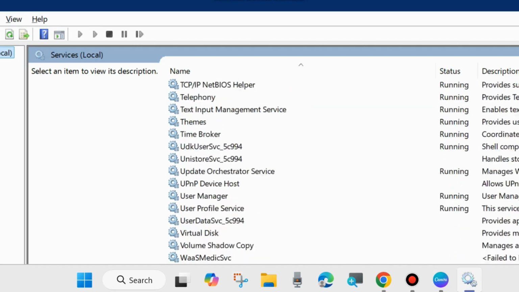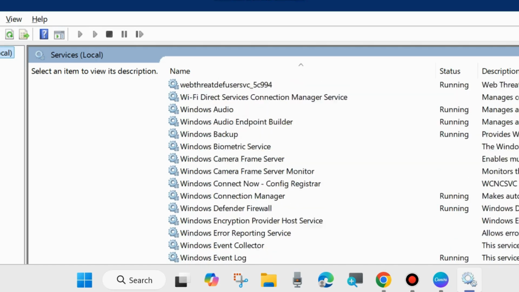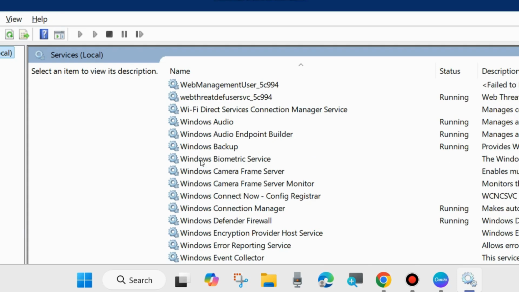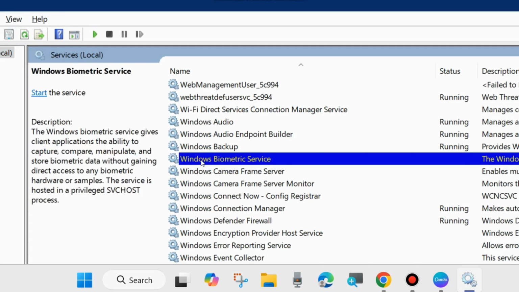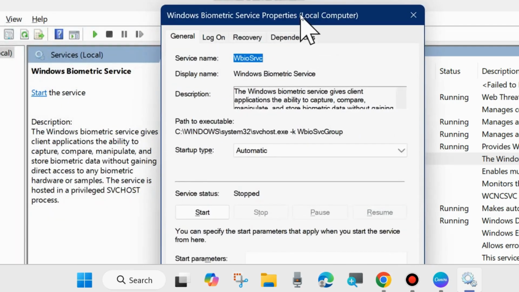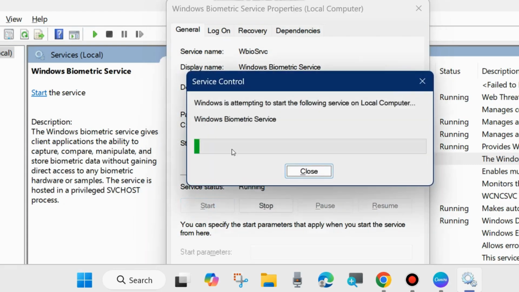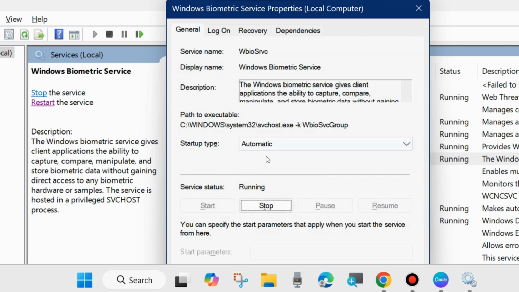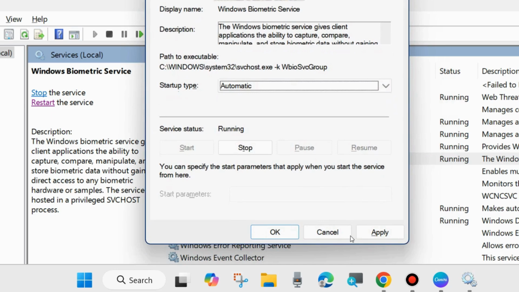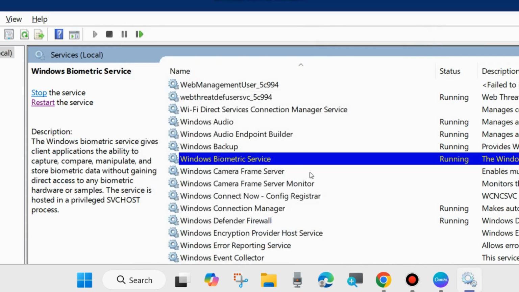So go to the W alphabet and open Windows biometric service. Open it and go to service status, and if you find it in a stopped mode, then start it first. And thereafter go to the startup type section and set the startup type as automatic, and finally choose apply and OK to save the changes. After that, restart your system and check whether your Windows Hello error